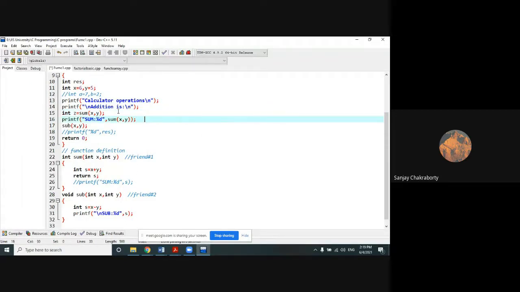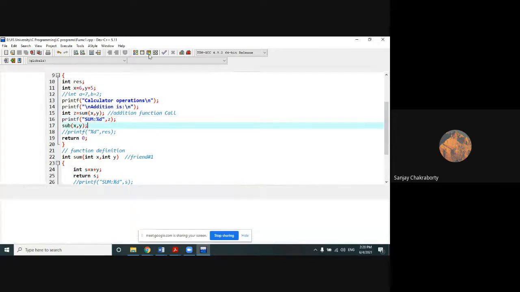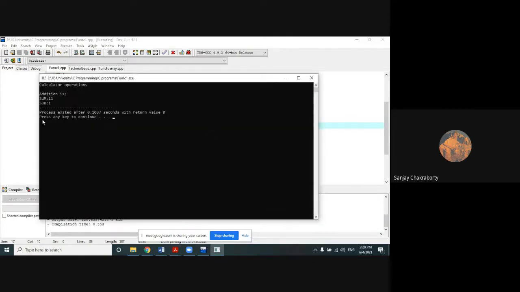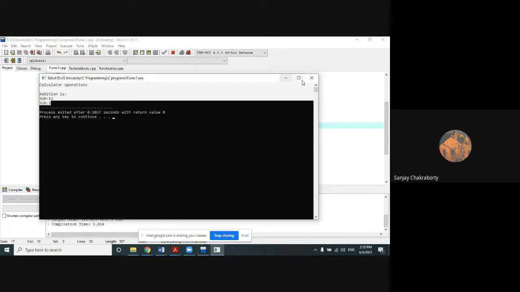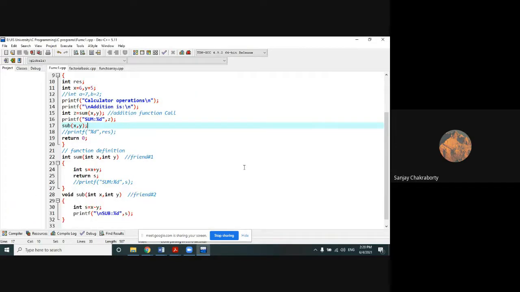Function call has been done in this statement, as well as the return value will be stored into a temporary variable, that is z. So here, instead of printing the function directly, I am printing the third variable or that temporary variable z. It is also possible, right? Why am I showing you the different formation of the function?